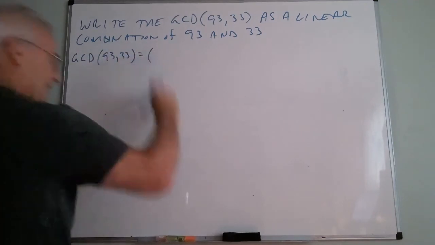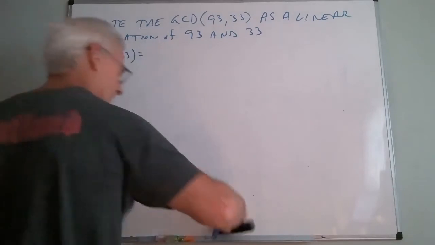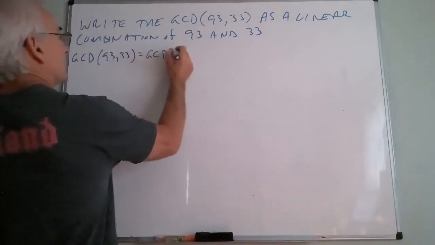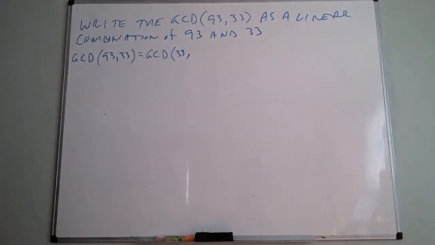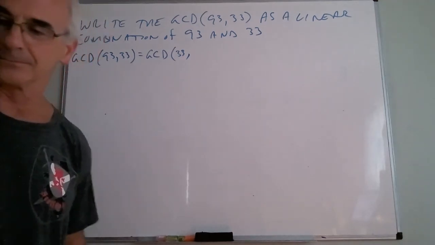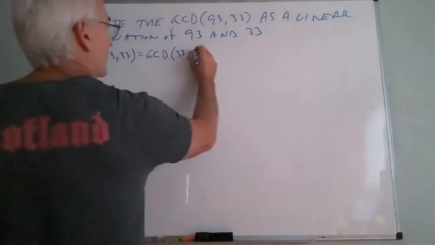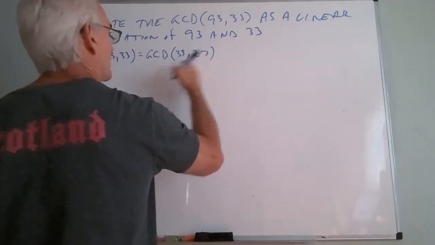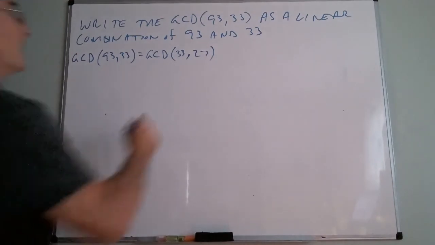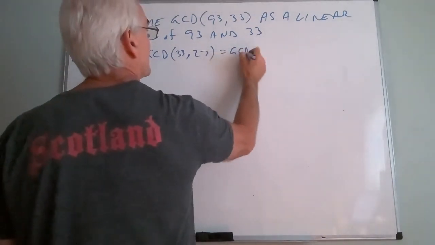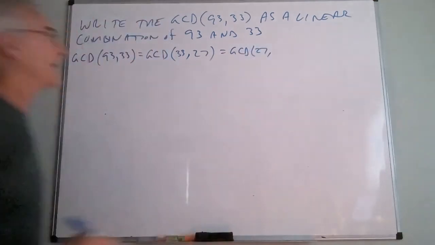Well, let's see if we remember how to do this. It's definitely 33, and what would the mod be? 33 goes into 93 2 times with the remainder of what? Anybody? Again, you can use your calculator. 27. Yeah, you can't afford a wrong number here, because any cheap calculator will do this. Then this is going to be the GCD of 27, and